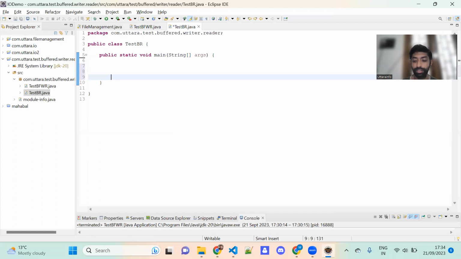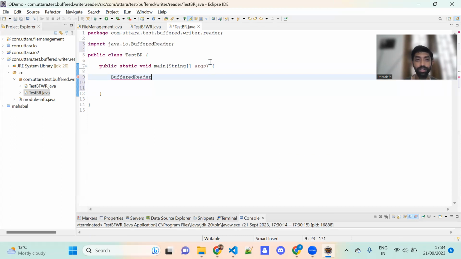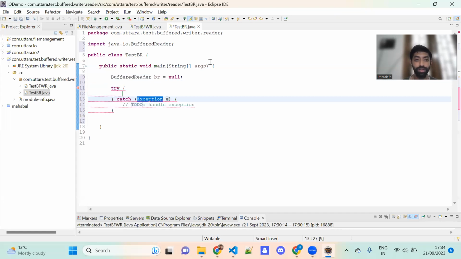So inside this, I will create a BufferedReader object. Command space or control space, BufferedReader, java.io BufferedReader, and I create the reference, and I ask the same way. For what should we initialize this? Null. Then inside the try catch block, we will initialize that